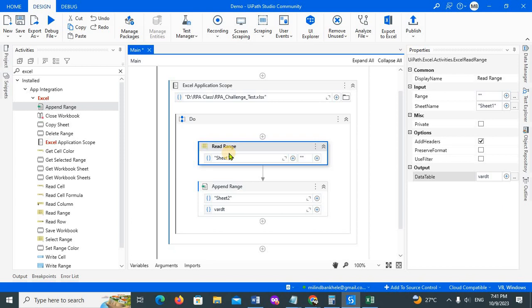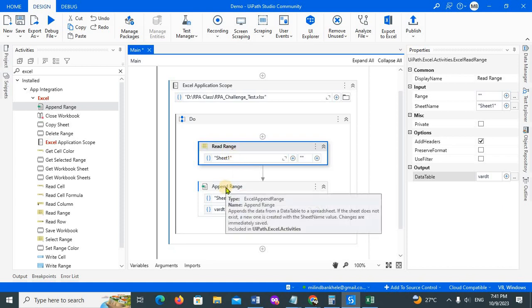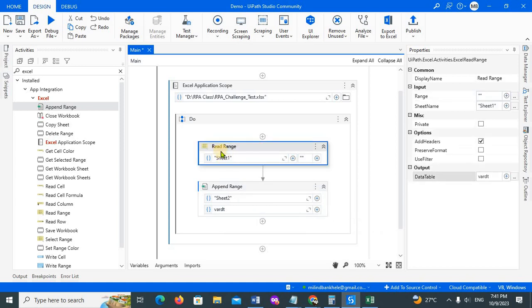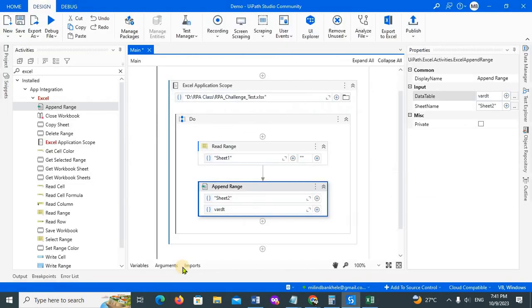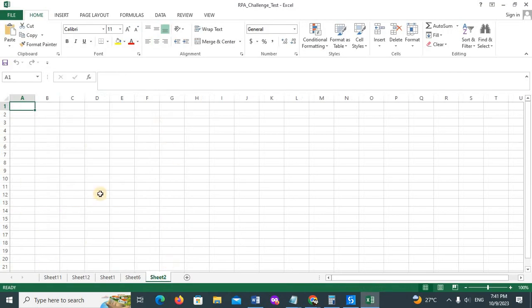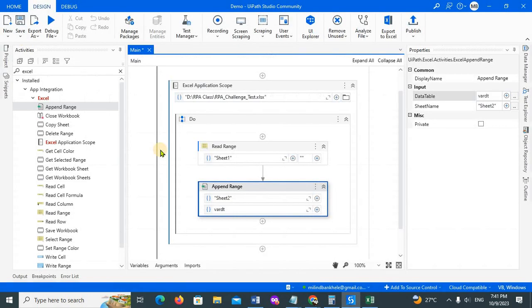There are a lot of sheets with me, a lot of Excel files with me, so whenever I require, I can use this append range activity. Now for example, if I use Sheet2, and in this read range I have 120 records, and I don't have data in Sheet2, Sheet2 is there, right? But we don't have any data in this Sheet2, right? And if I execute this,